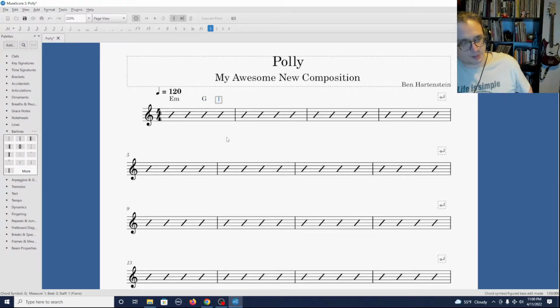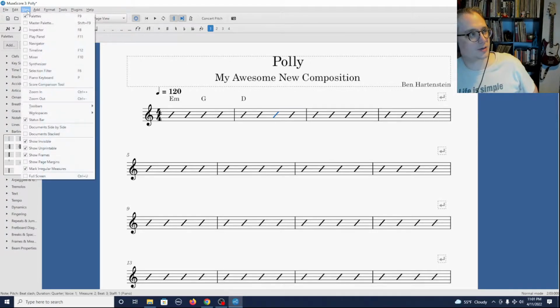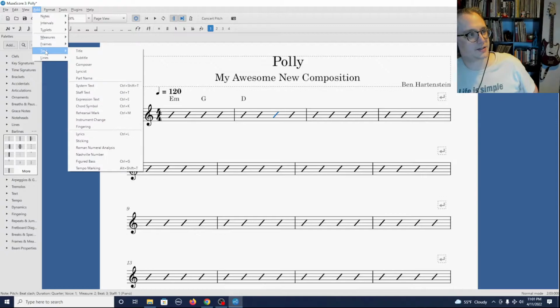Now again, I can press spacebar, spacebar again, and now I can add my next chord, which is a D chord. And I can press tab, but that's going to take me to the next measure, and I need to put my chord in here in this third beat. So I'm going to select this slash, this third beat, and this time instead of going up to Add Text,